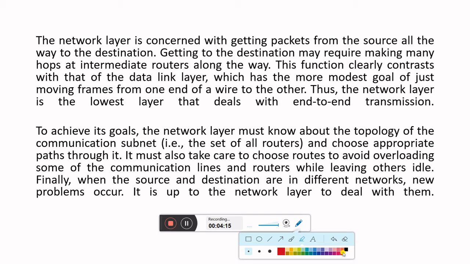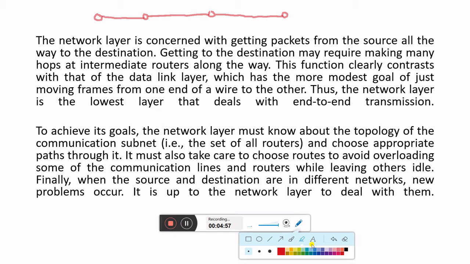what is a hop? If there is a network, there are some devices, node 1, node 2, node 3, node 4, and these 4 devices are connected through some communication links. I have shown these 4 devices in the form of circles, and these are connected through lines, and these are the communication lines.